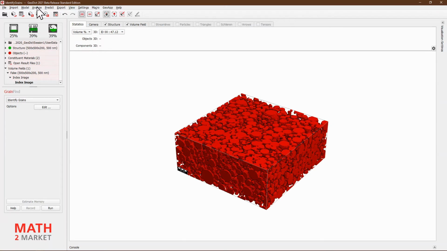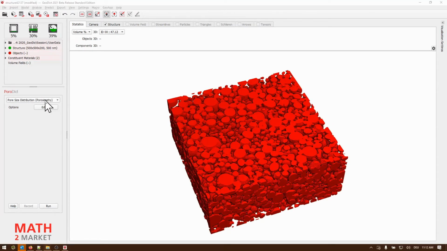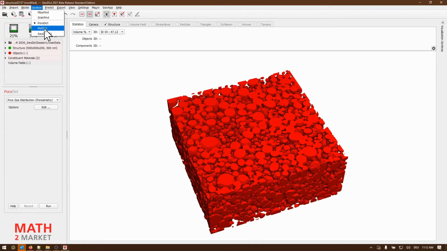So that's inside the Analyze PoroDict module. Actually, in the GeoDict 2021 beta, the chord length distribution is not in the PoroDict module anymore. It has moved to the MatDict module, and ultimately will be available in both modules in the final release. But for the purposes of this workshop, I have to move to the MatDict module right here. And this is different from the written PDF with the example that you have received with the delivered data, and choose the material characterization and chord length distribution from these two pull-down menus right here.